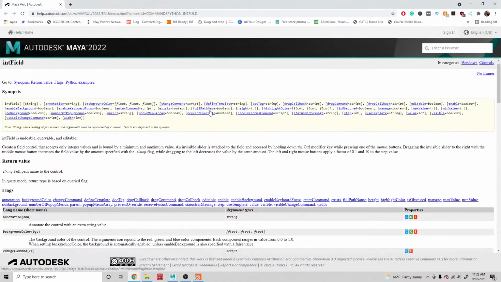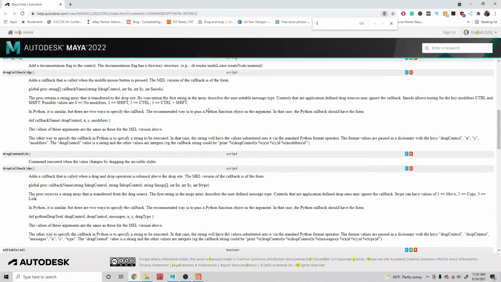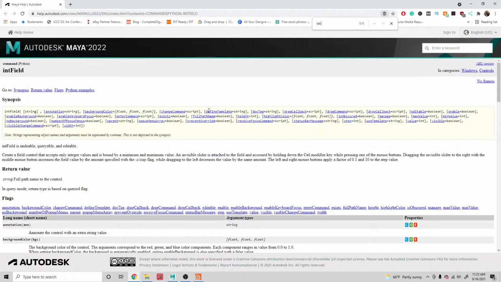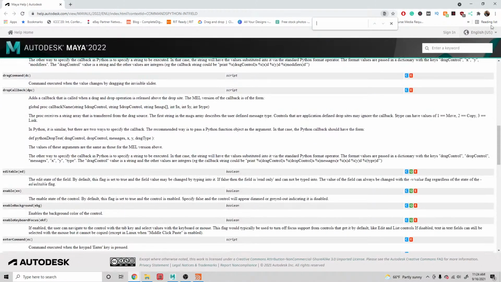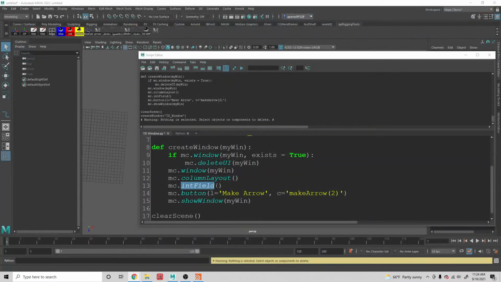Have it over here. So we don't get an option for a label on this one, and that's usually why I end up going for the intFieldGrp. The label equals, so that's an l, equals, and then we can give it a name,